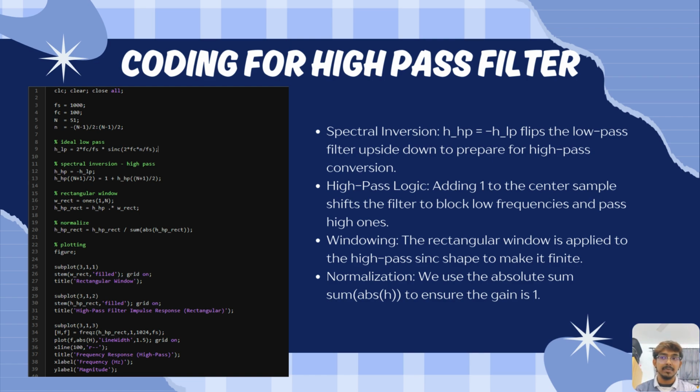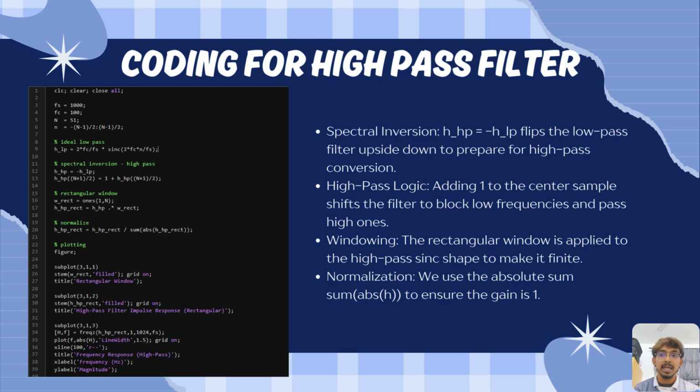Okay, as I mentioned, we have used two filters in this rectangular window. Firstly, I explained the low pass filter. Now we are moving to the high pass filter. Okay, this is the code for the high pass filter that we use to create the high pass filter rectangular